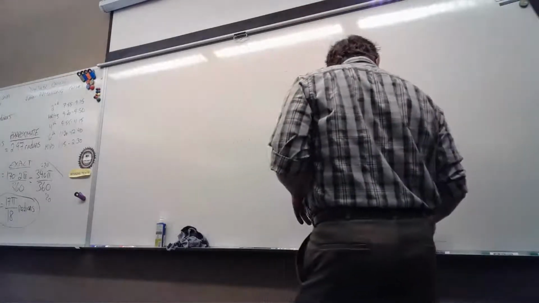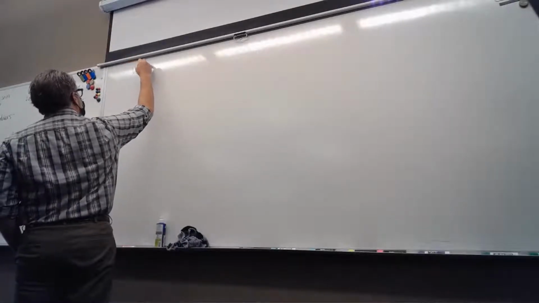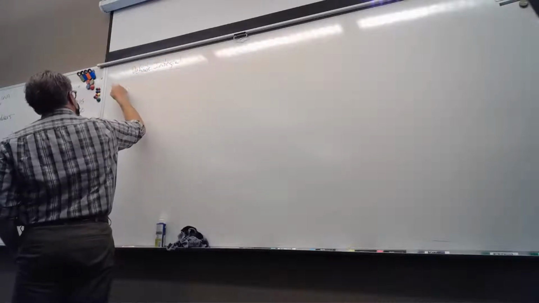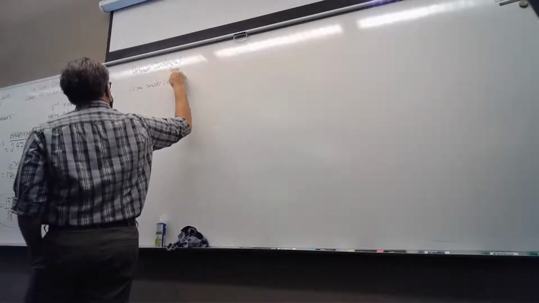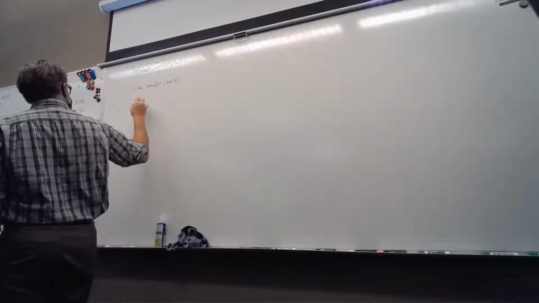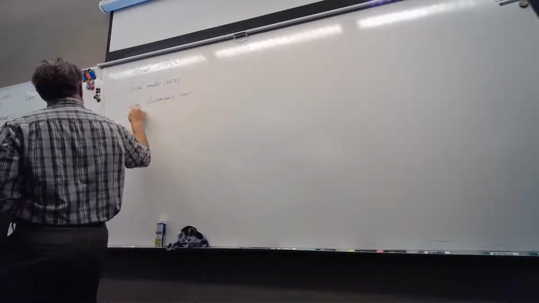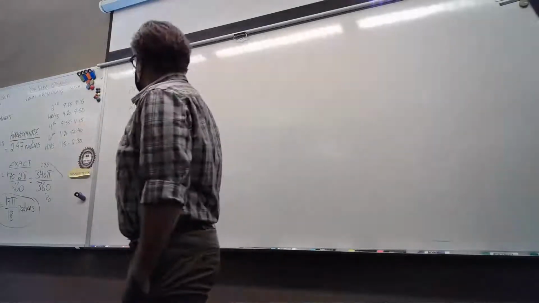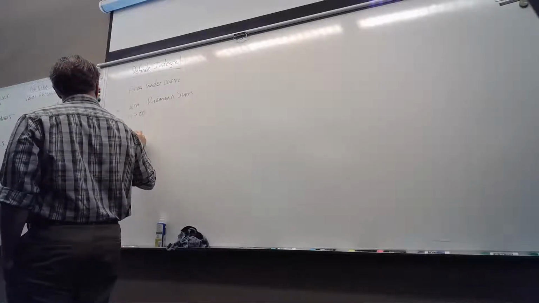Guys, reminder, two things that we talked about yesterday. First off, definite integral. Thing one, it's the area under the curve. Thing two, it's the limit of a Riemann sum as the number of rectangles goes to infinity. And thing three, the notation is that the limit of this Riemann sum